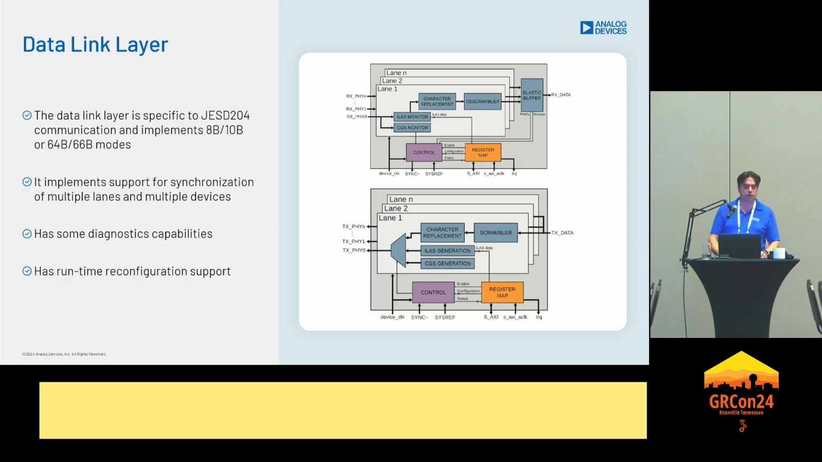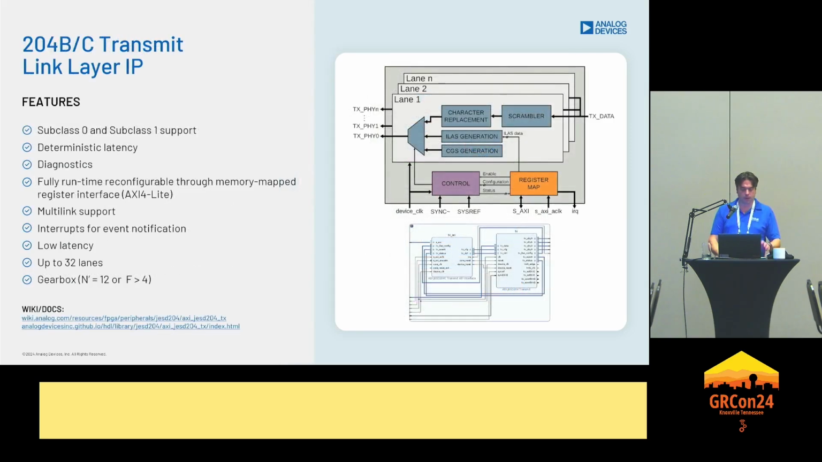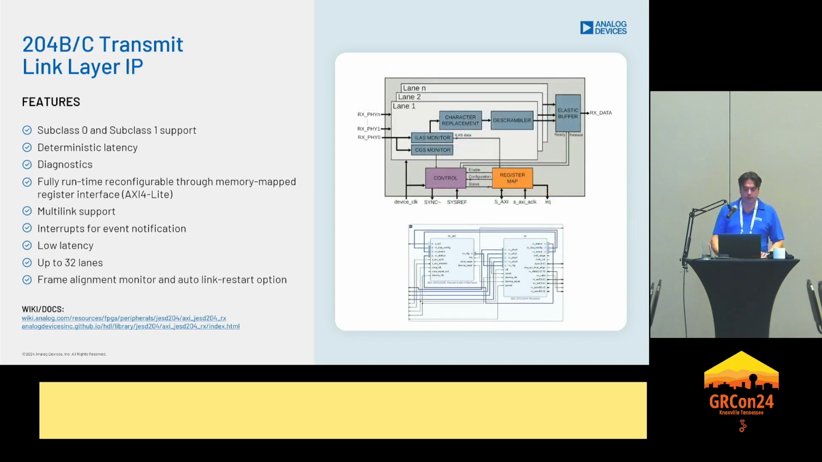for synchronization of multiple lanes and multiple devices, has diagnostic capabilities and runtime reconfiguration support. The transmit layer IP as well as the receive layer IP, both support subclass 0, subclass 1, deterministic latency, have diagnostics, multi-link support, and what's kind of important is it has much lower latency compared to any other JESD IPs that are out there. Same thing for the